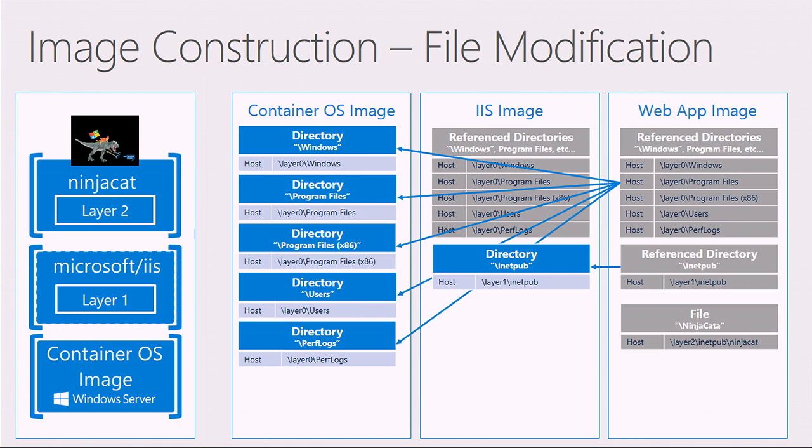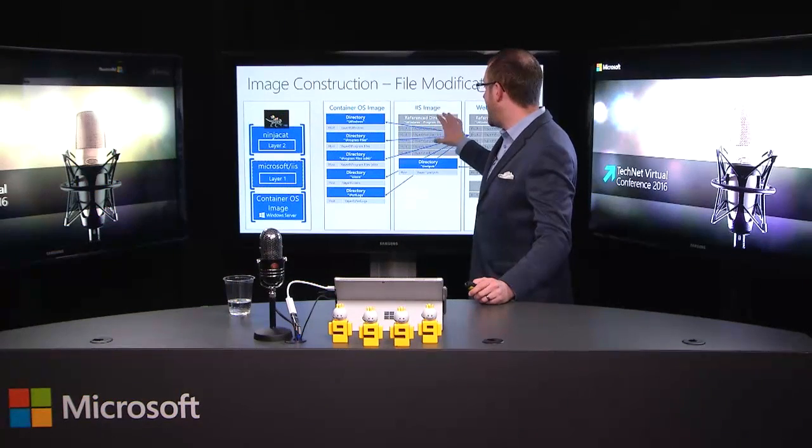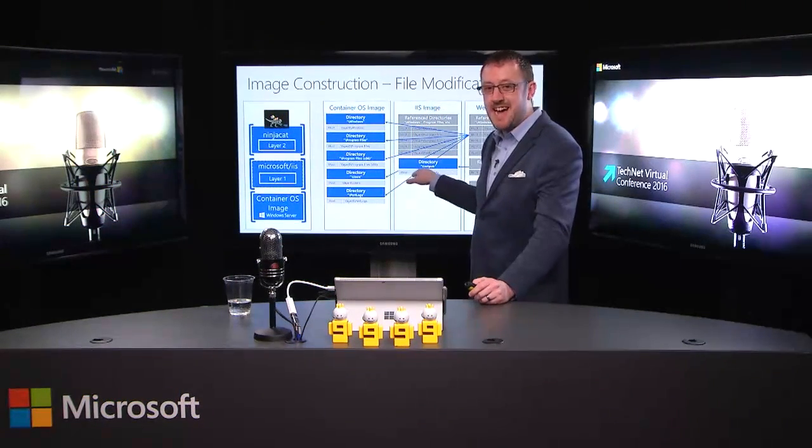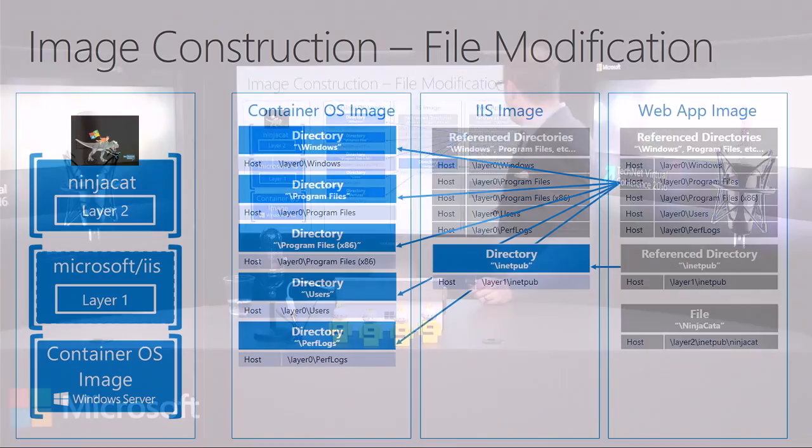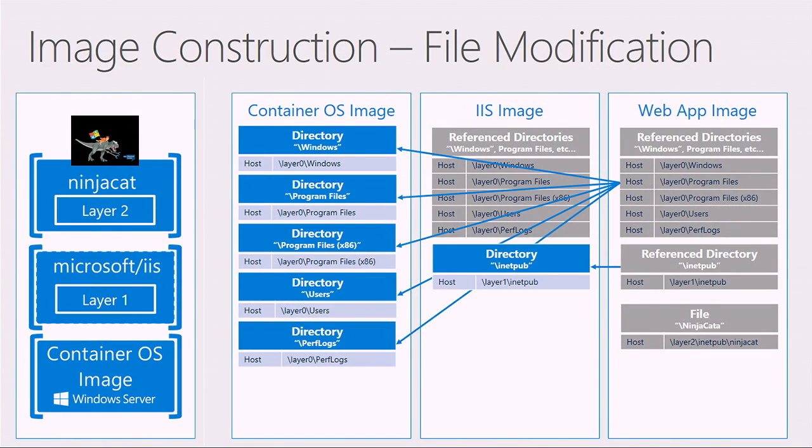I've got a container OS image, which is basically Windows. I've got an IIS image, which really, in this example, just has a directory in it. That's all it has, right? So it's incredibly small. And I've got my web app image, which just has my NinjaCat website inside of it,